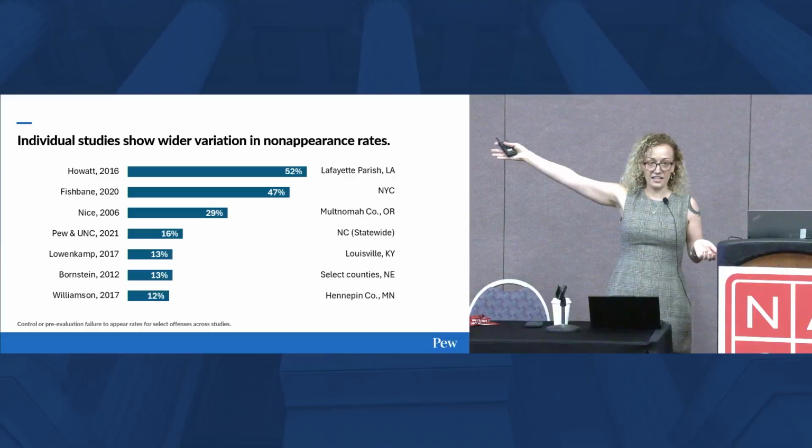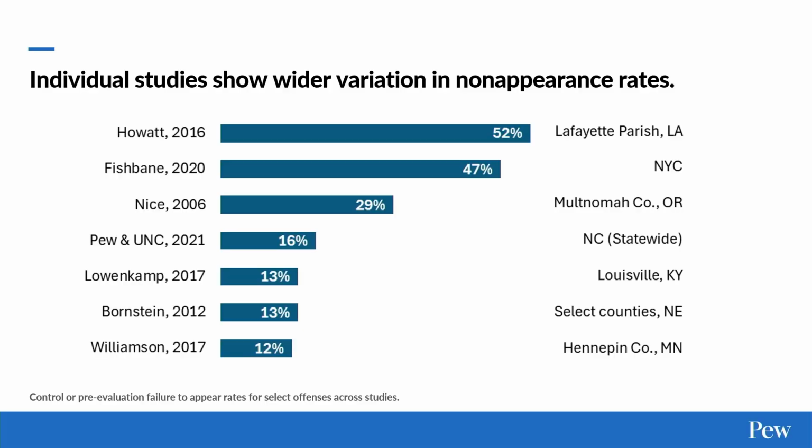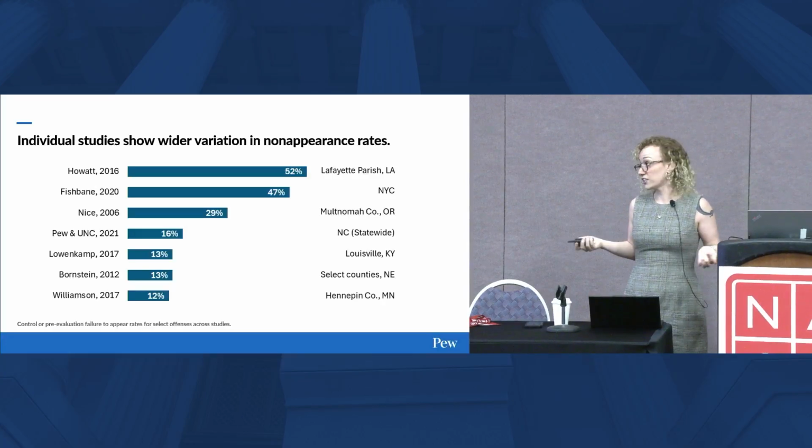These are 7 studies that look at missed appearance rate in different places. You can see all the places lined up here, the authors of the study, and the year they were produced. And it's a huge range, right? It goes from 12% to 53% of cases. And 53% of cases is a very large number, but 12% is nothing to sneeze at either, especially in a populous area where that's a lot of cases. That's a big chunk of people who are not showing up to court.